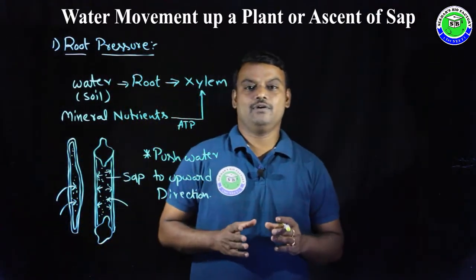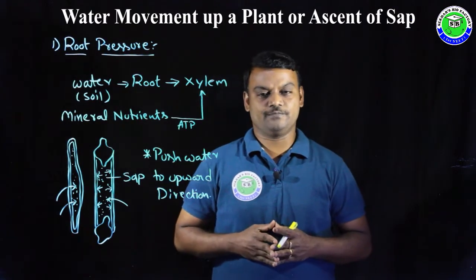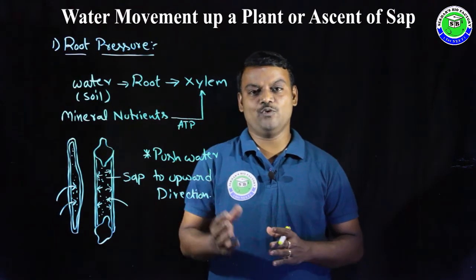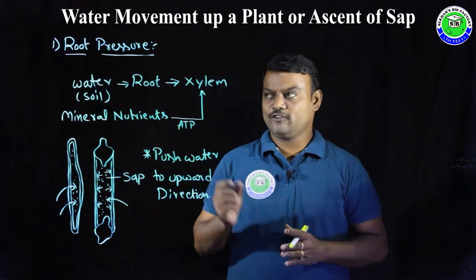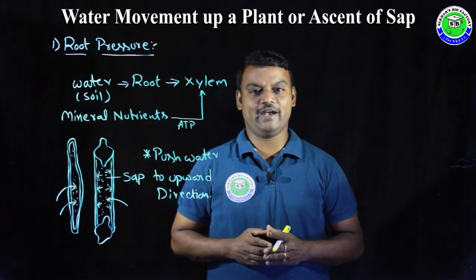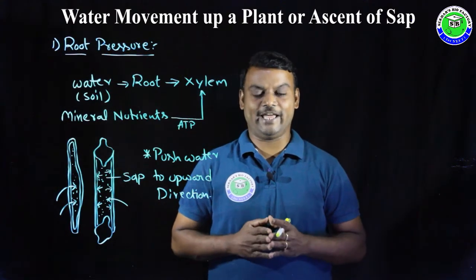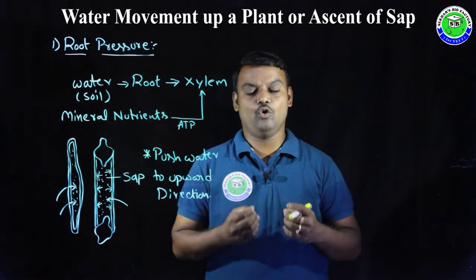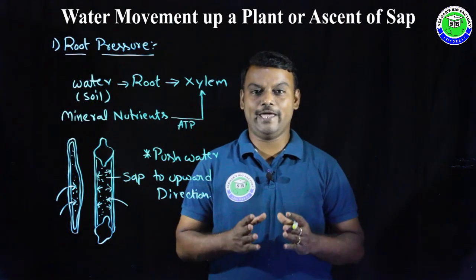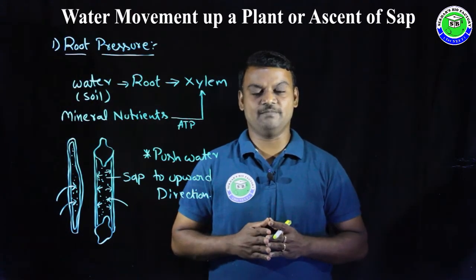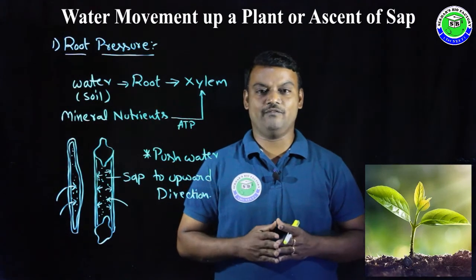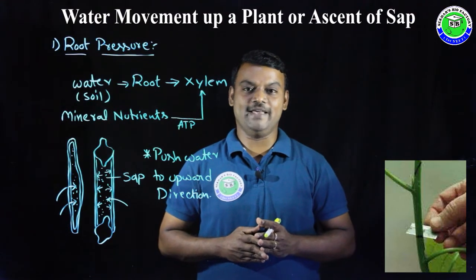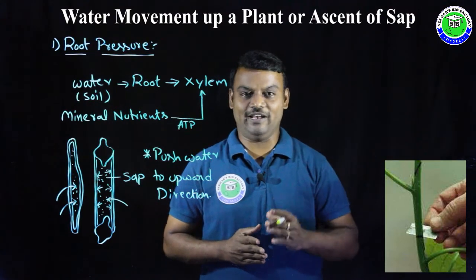When this water creates pressure in the root, this positive pressure continuously pushes water up to a small height only. This root pressure can easily be demonstrated with the help of an experiment. In that experiment, at night, or when the evaporation is low in the atmosphere and high moisture is present, under this condition, a small plant with a soft stem is taken, and the stem is cut at the base horizontally using a blade.